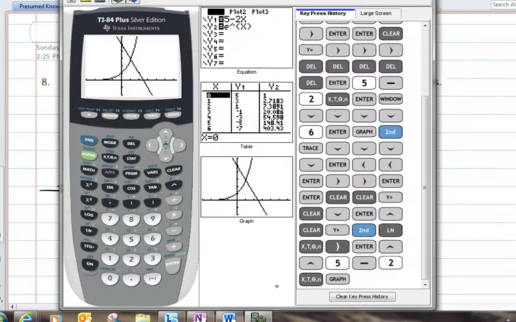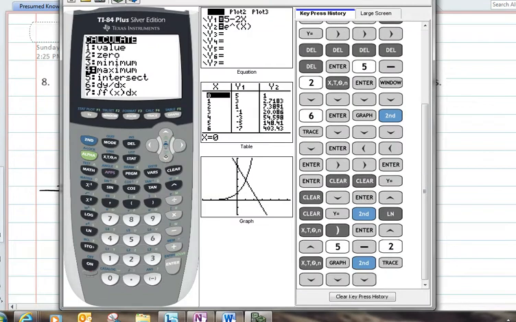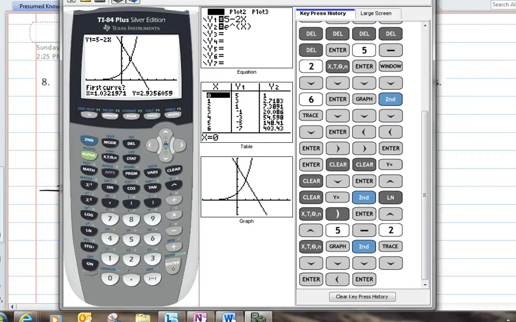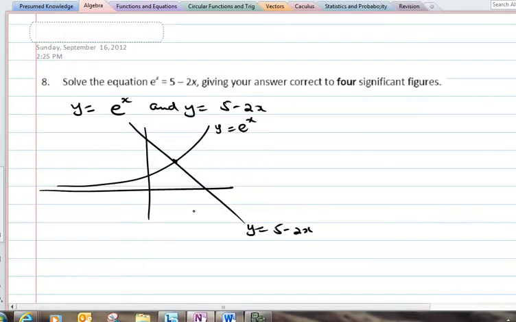So going back to your calculator, you're looking for the point of intersection, which is number 5 in the drop down menu. It will ask you for the first curve. Just bring it as close as possible to that point. Ask for the second curve, do the same thing and enter twice, and that value is x equals 1.058 and so on,